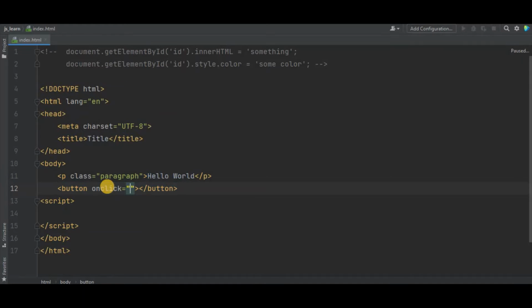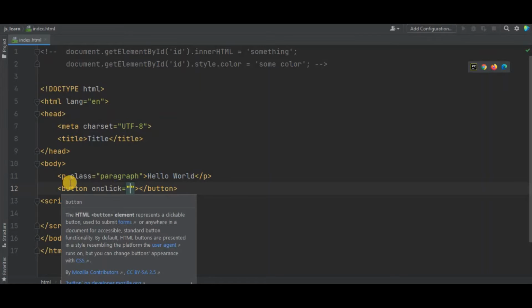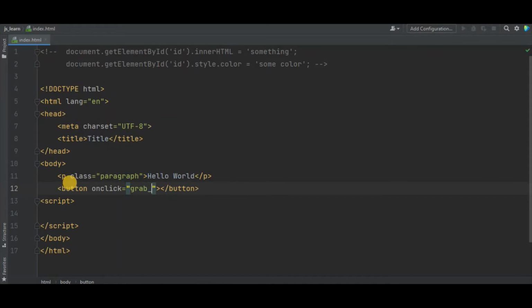and add the onclick attribute. On click we will call the function grabElement. Function grabElement.